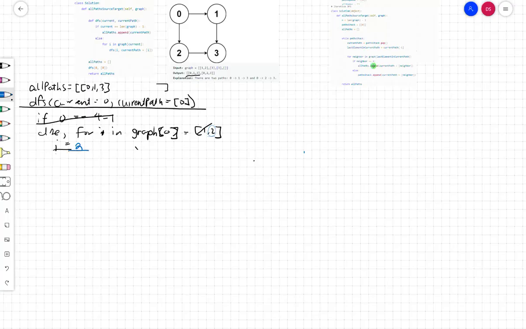And then that means DFS is called on 2 and the current path, which from this point is 0, right? And then we have to add a 2, we have to add the current vertex, 0, 2, right? And then we do DFS of